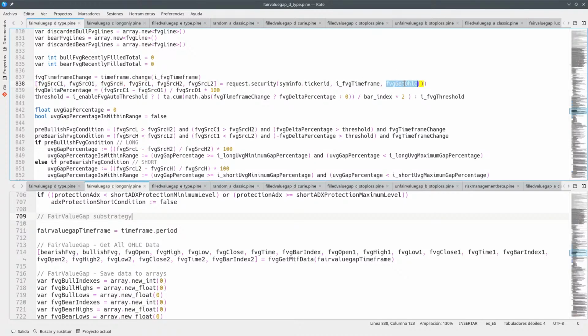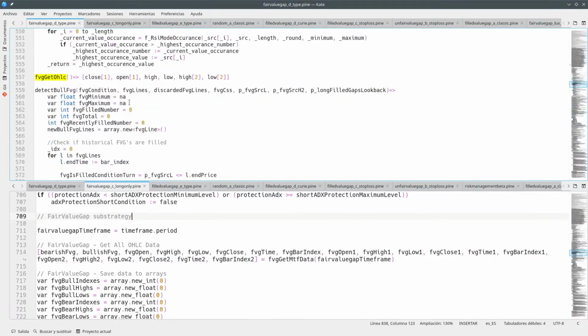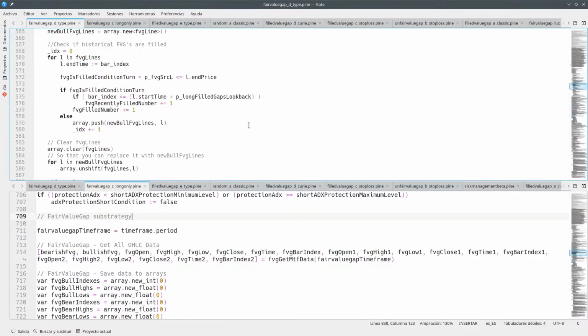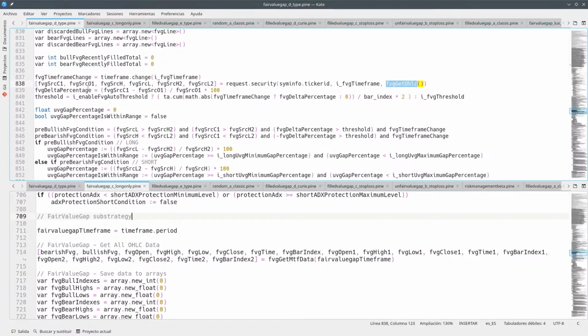So we have this get OHLC, okay, which we should have a function somewhere here. It gives me these values, which are useful when you do the gap stuff. Thanks to these values you can know how much delta percentage there is, how much there is between the close and the open, and this is changed so that it's always